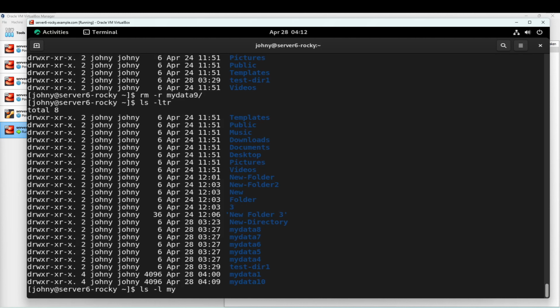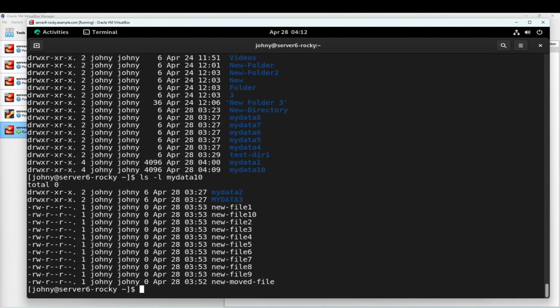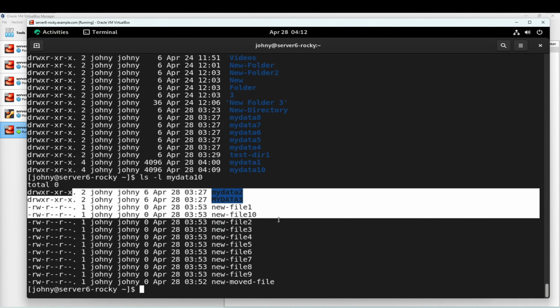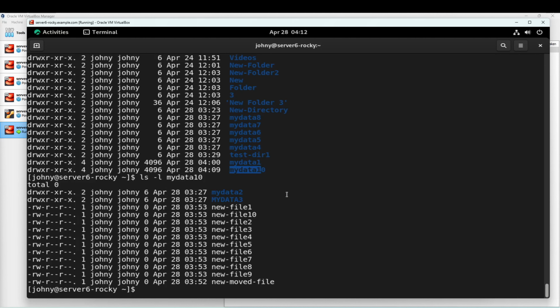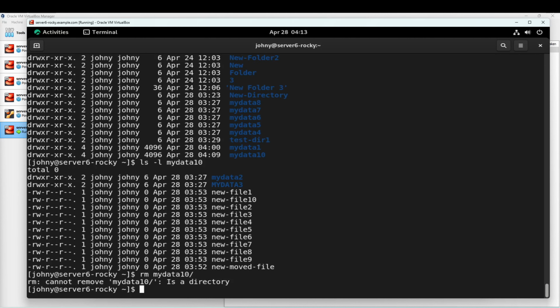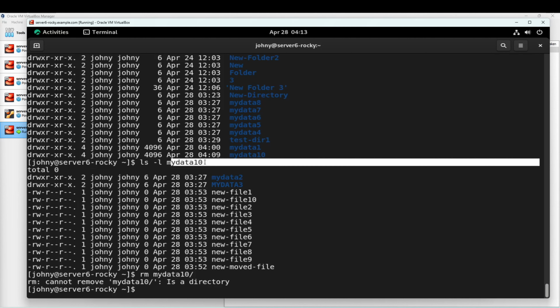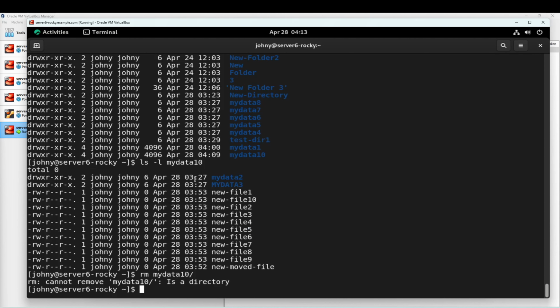If we do an ls -l on my data 10, we see again the contents that we have for the directory my data 10. We see what's stored inside it. If I run the rm command on my data 10 to delete it and everything that's inside it, we see that it does not allow us to do that, and it's telling us that it's a directory. And that's because if you want to remove my data 10 and everything inside it, even if nothing would have been inside my data 10, because this is a simple directory, as a safety measure,